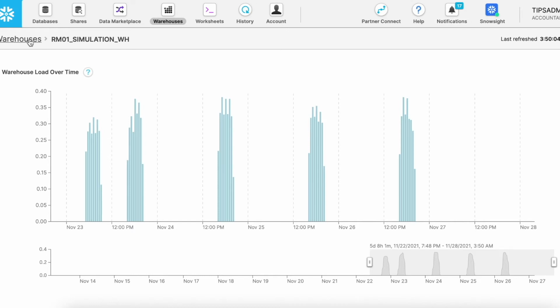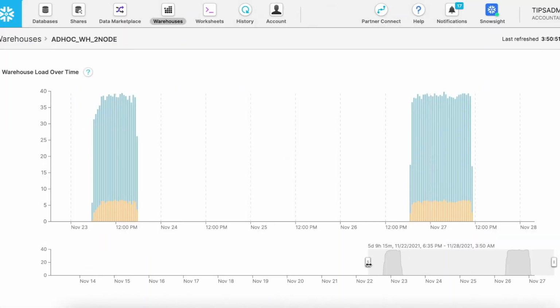Let me show you another warehouse which has queries waiting for execution. Here I can see two different colors, one yellow and another blue. It means that this many queries are being queued in this virtual warehouse. And if it is constantly happening, what does it mean? You have to make sure that you add a little more capacity to the compute so there is no waiting period for the queue. Either you use a multi-cluster virtual warehouse or you use a larger compute to make sure that there is no queuing happening in your virtual warehouse.